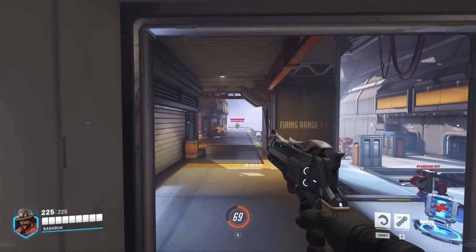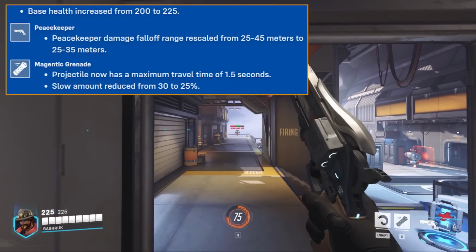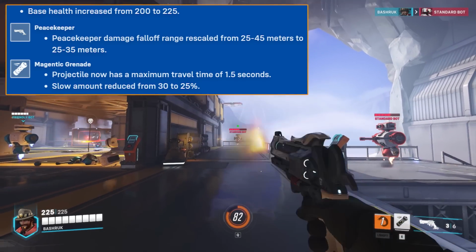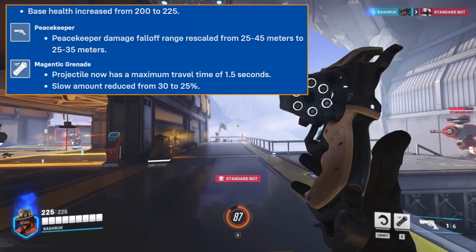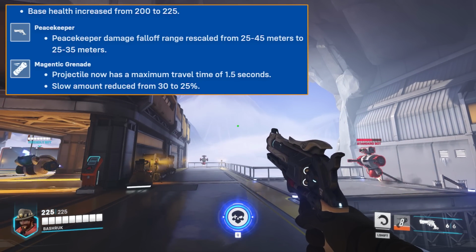Next up, we have some big changes to Cassidy. His base health has been increased from 200 to 225. His primary fire fall-off damage has been rescaled from 25 to 45 meters to 25 to 35 meters, and his magnetic grenade now has a maximum travel time of 1.5 seconds, along with the slow amount being reduced from 30%